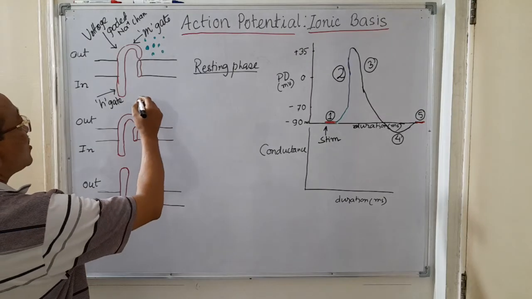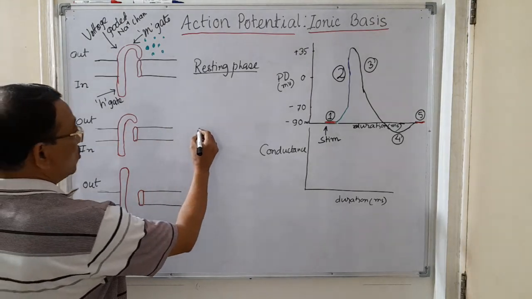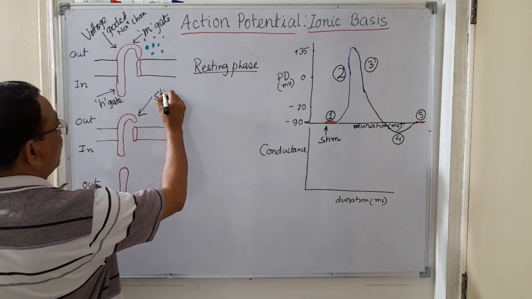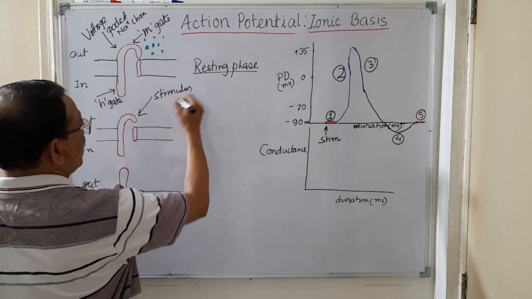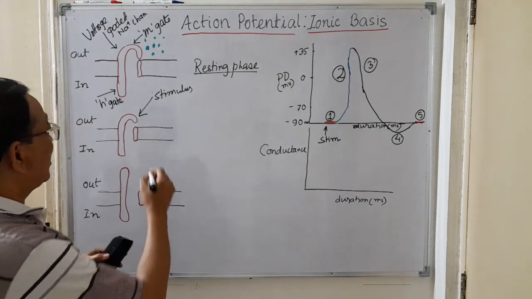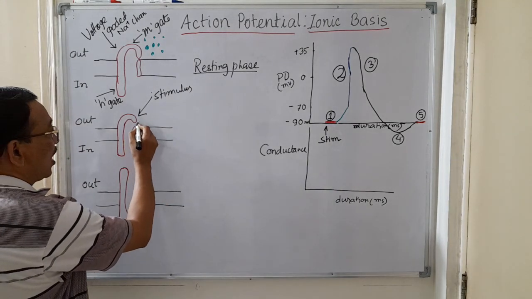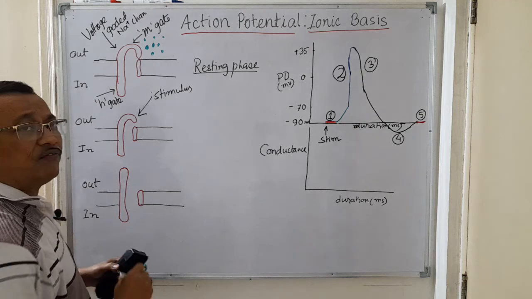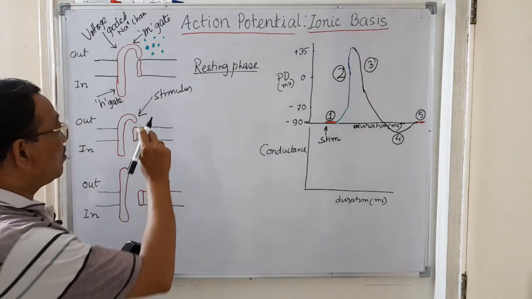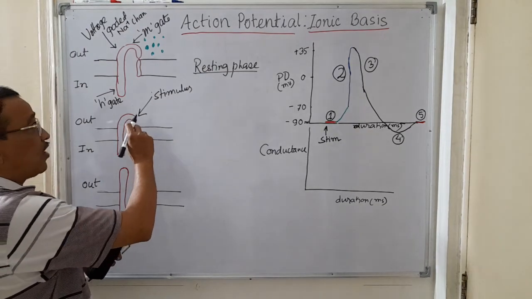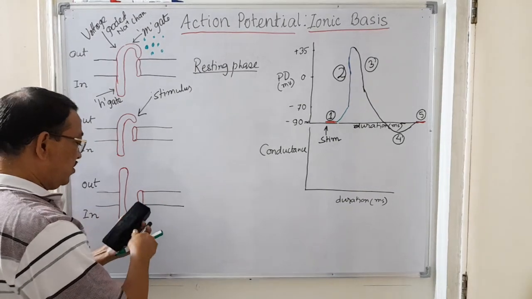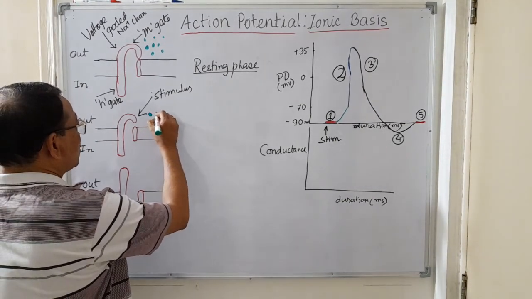Now, if a stimulus of threshold intensity is applied, what will happen? There is a slight opening of the M gate, or activation gate, of the voltage gated sodium channels, through which, due to concentration gradient,